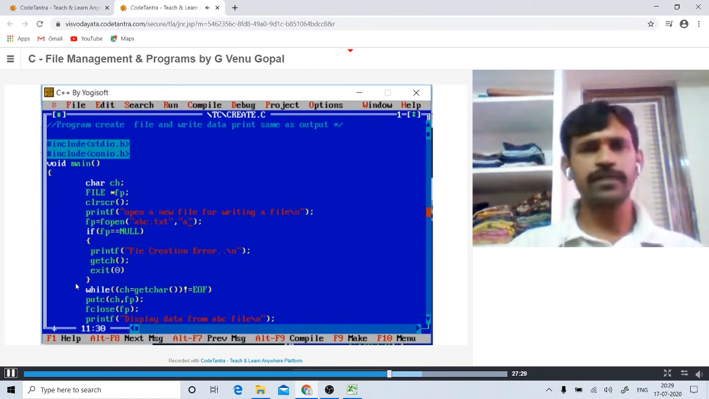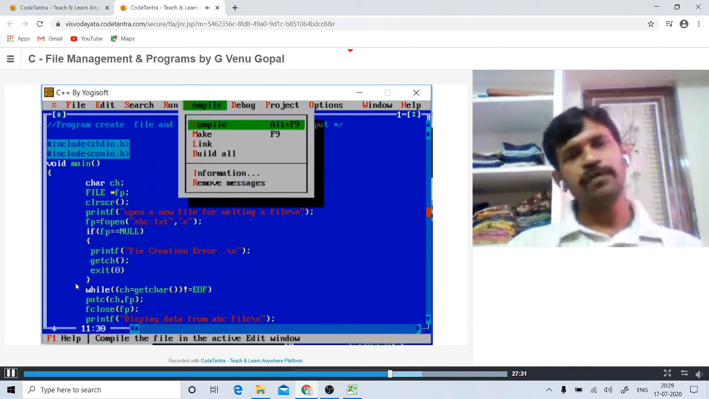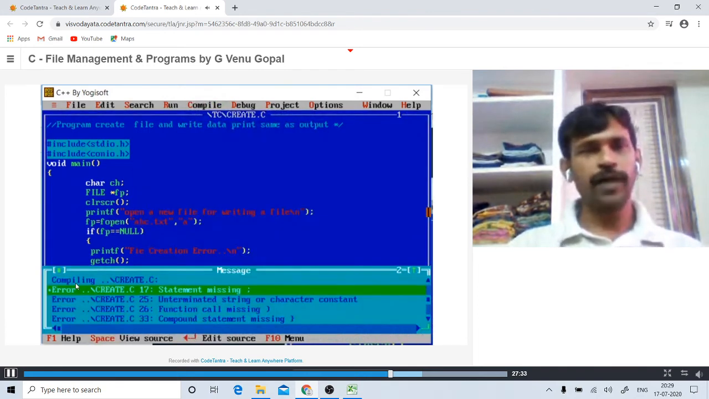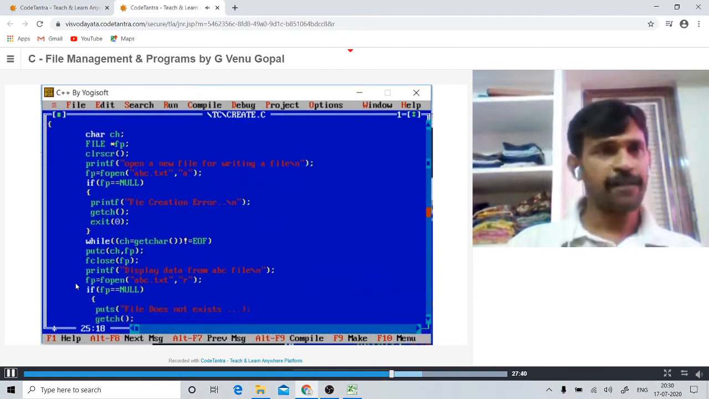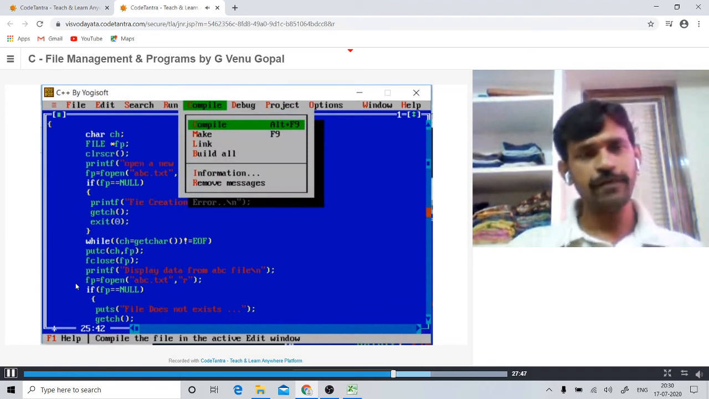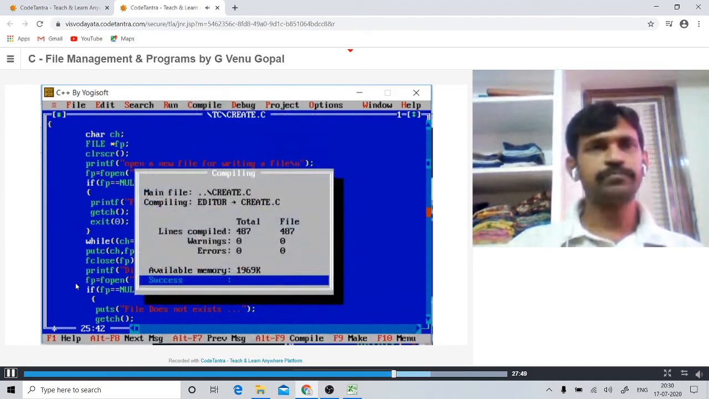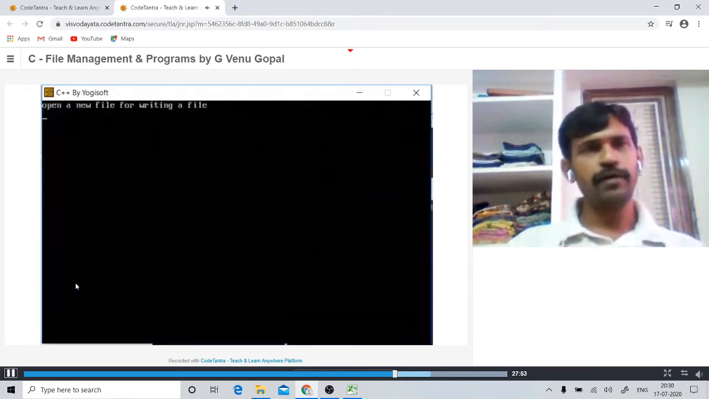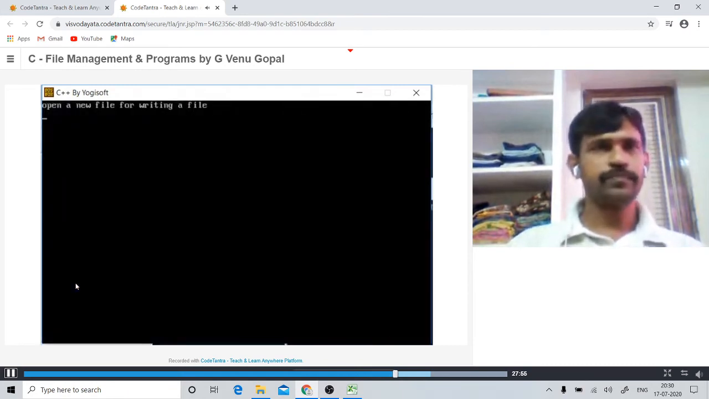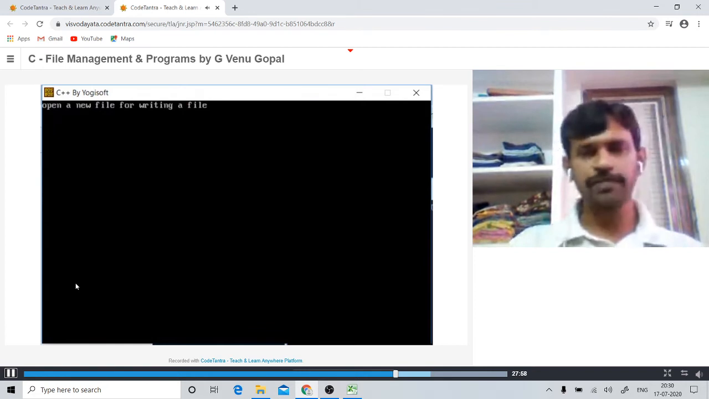Let us say Alt C, compile the program. Statement missing semicolon, it seems it has not been saved. And here also. So it is done. Now let us compile the program. Yes, it is compiled successfully. Then Alt R, run the program. Now again, let us add more contents. Previously we have added some contents to the file. Now let us enter some information like